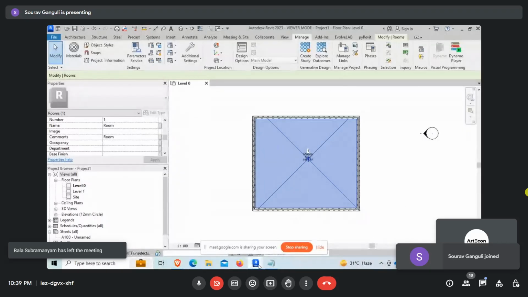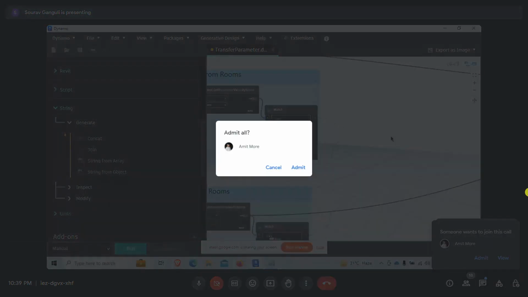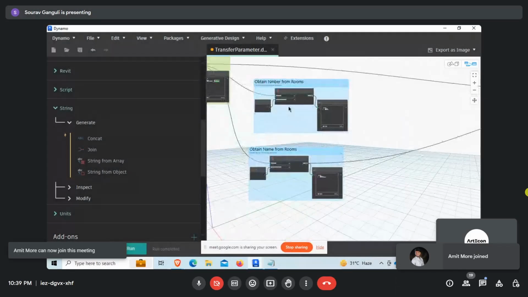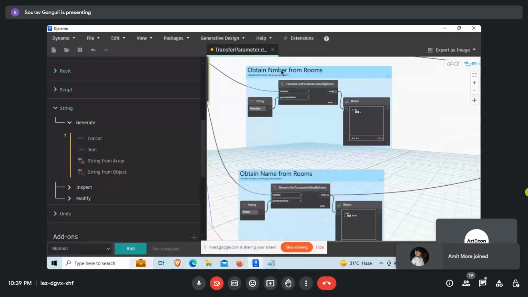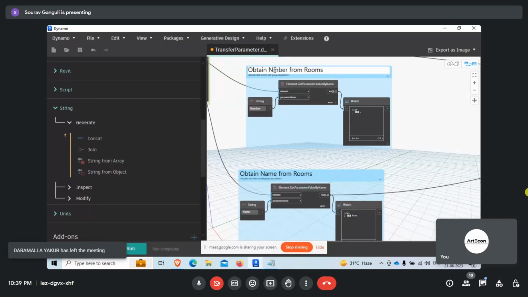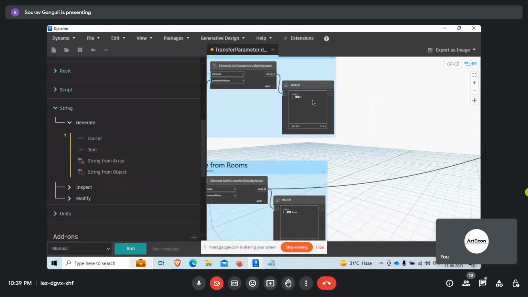Okay. So stepping back a few parts. So till here, was the screen visible when we obtained both the room number and the room name from the Revit element, or was this missed as well? No, till here we were able to see. Okay. So as you can see, we have obtained